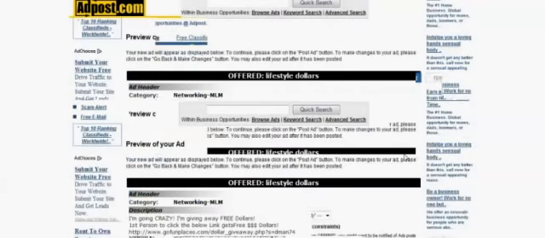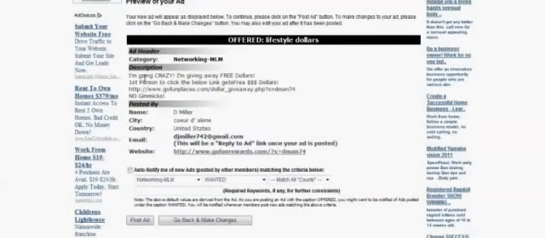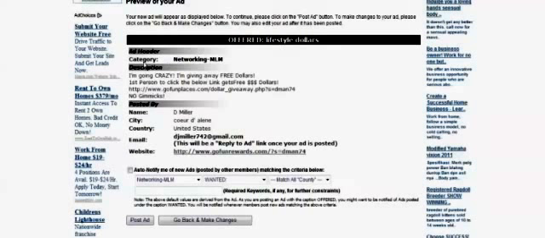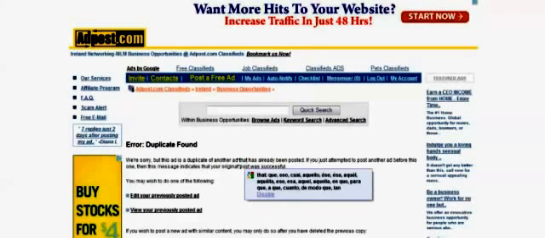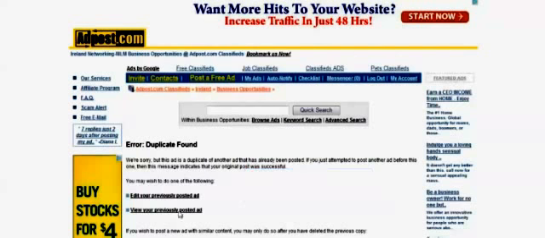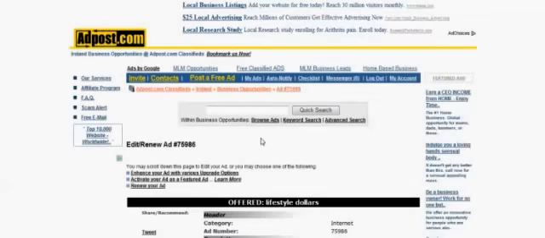Now this is the ad that I'm going to post in Ireland today. Okay? I'm going crazy, giving away $3. Category is going to be under networking, and I'm simply going to hit post my ad. Oh, okay, here's a great example. I forgot in my training last night, I must have picked Ireland. So let's say this happens, what do you do? Very easy fix, guys. You can either go back and choose a different country, or go back and edit the previously posted ad and delete it.